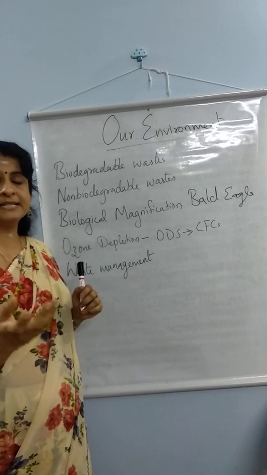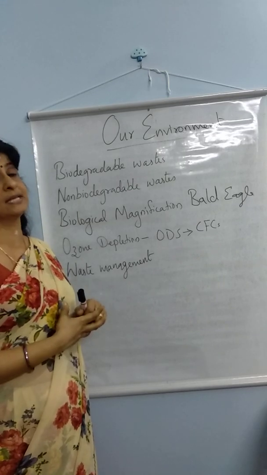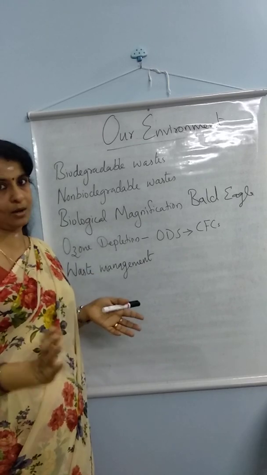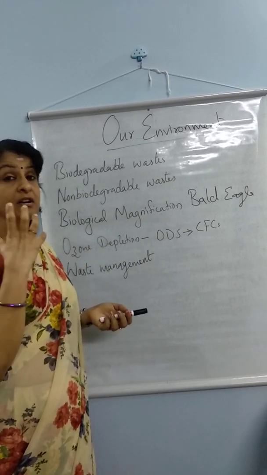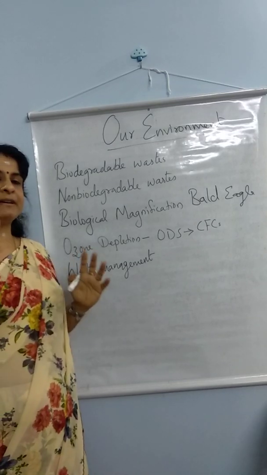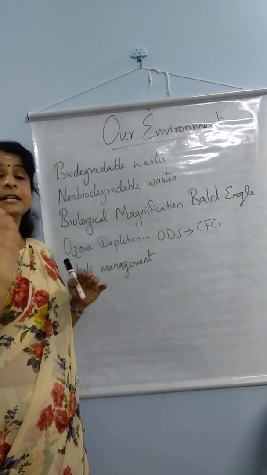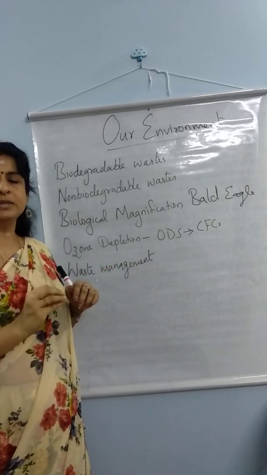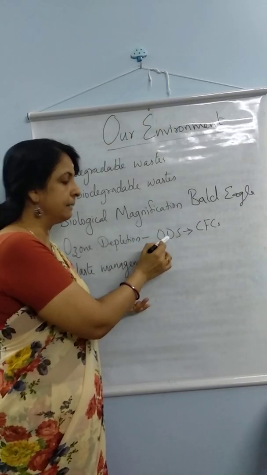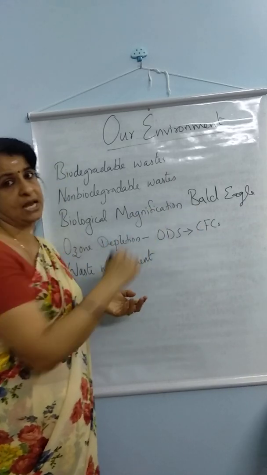In case of plants, it will reduce the productivity or photosynthetic rate of the plants. So if photosynthesis is not happening in plants, it will affect all other organisms. So that is the harmful effect of this ozone depletion. So ozone is protecting the earth like an umbrella from the harmful UV rays of the sun. But by the use of certain substances, that is ODS, ozone depleting substances, what will happen? An example is CFC,